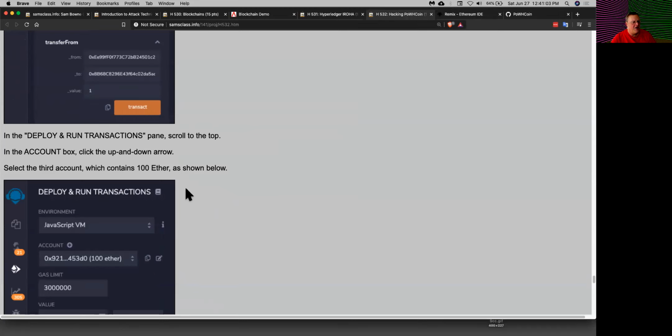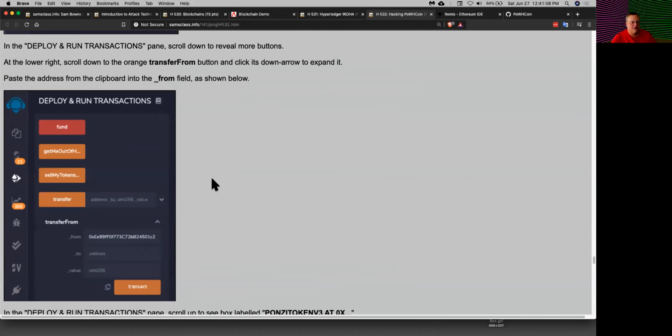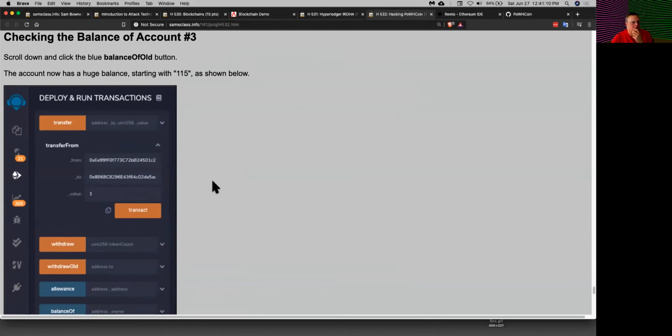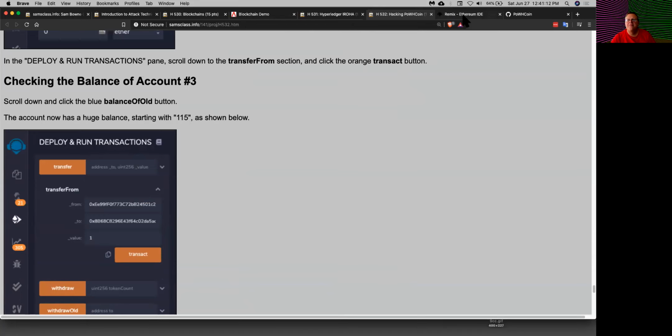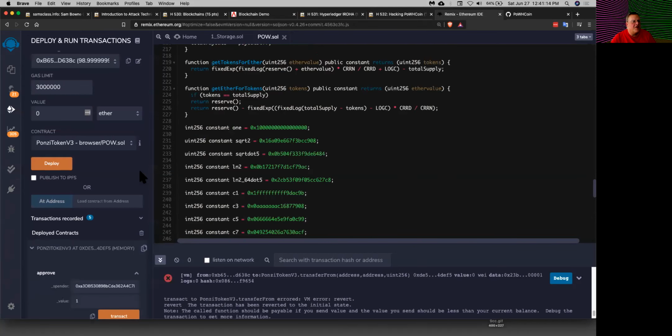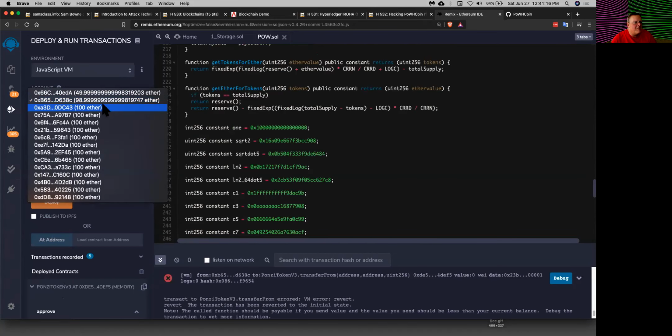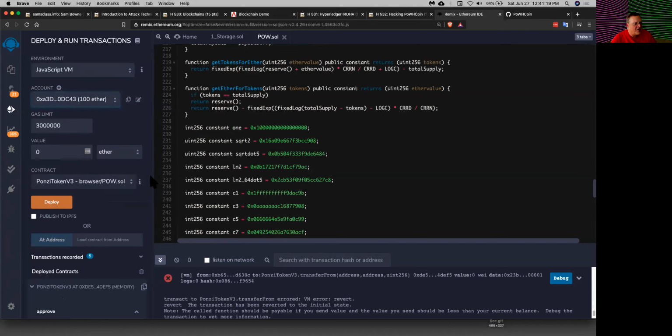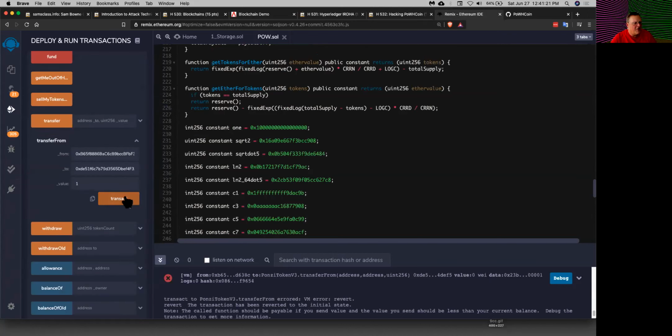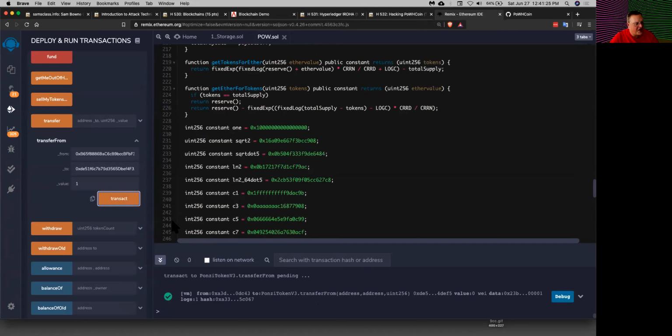Now go back and select the third account. Okay. This is a little complicated and I may not succeed, but I think I will. The third account is where you choose from up here. And now you perform the transaction and it succeeds. And this is what I wanted to do. I now managed to fund money into the account and it drew it from the third account, but the third account had a balance of 0.